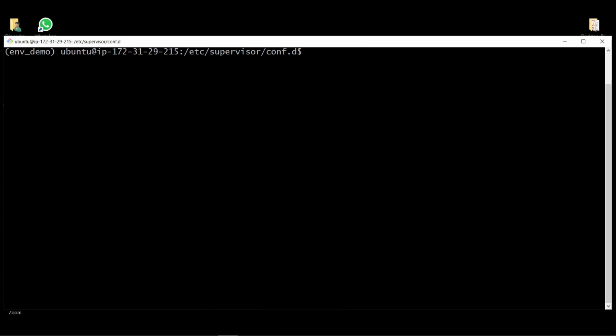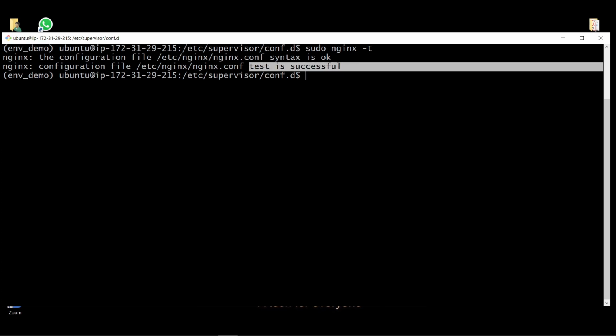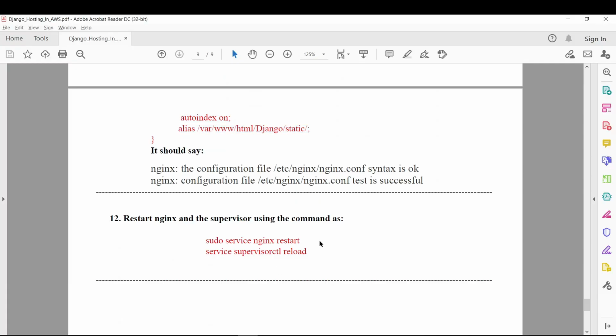Let's clear it out. If you hit the command sudo nginx -t, it would say test is successful. If it's saying there is a problem, you might have some mistakes in your configuration in sites-available. So reconfigure it without having any error. Precisely watch the configuration file, save it and test for the nginx. So it would say test is successful. After that, we need to restart our nginx and the supervisor as well. So this is the last configuration step.